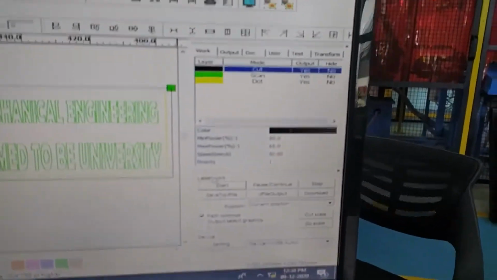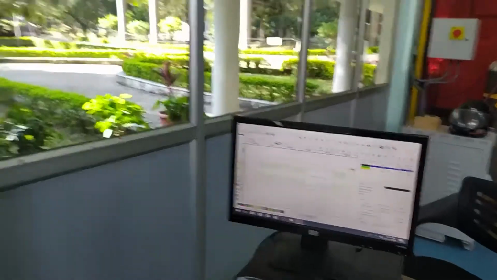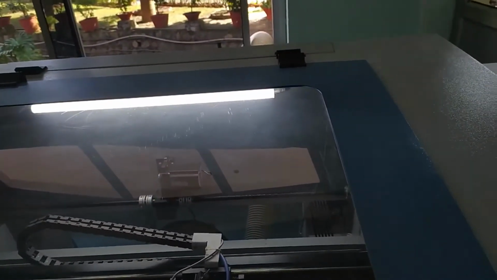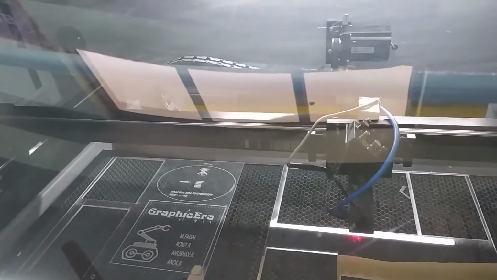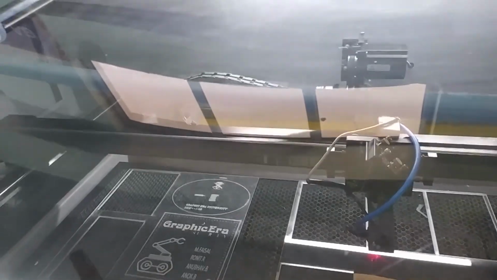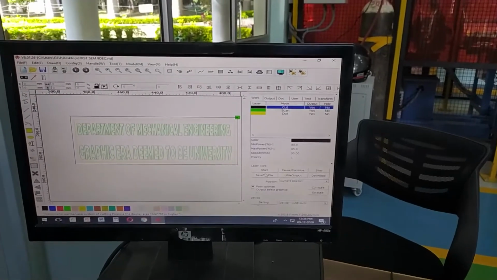Here on the software RDWorks, I simply click the start button.